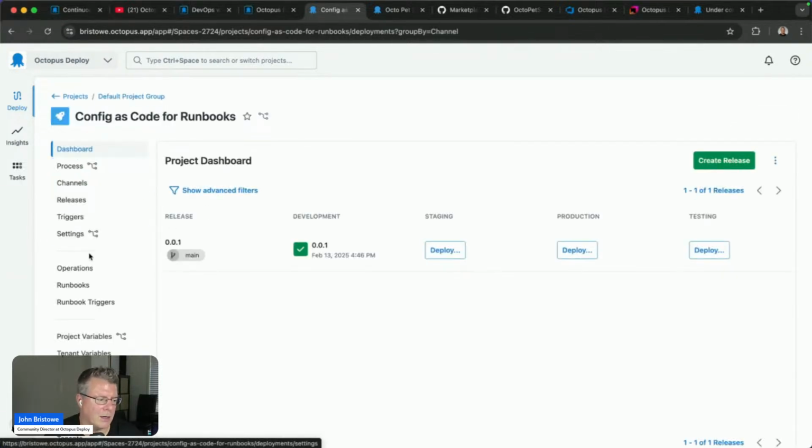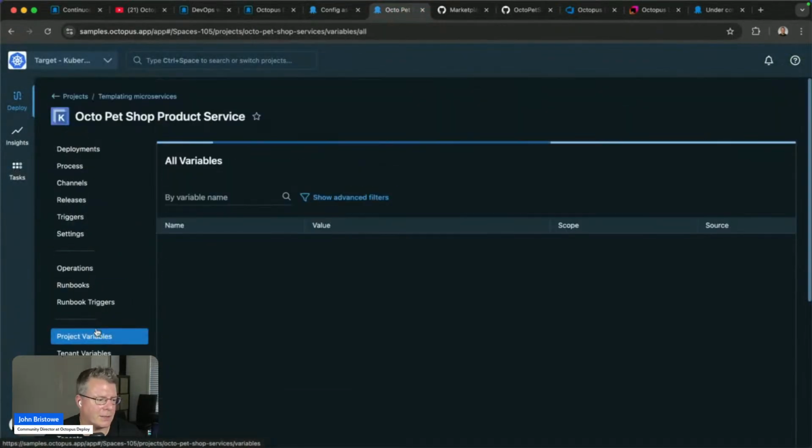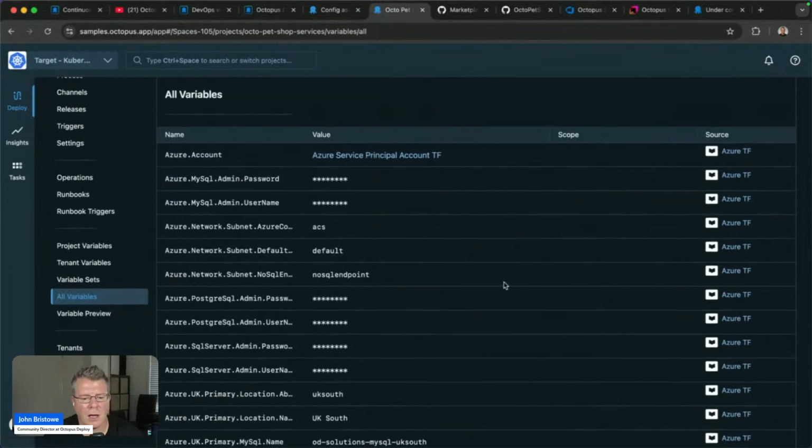For example, I might also define things like runbooks. Another thing that I may want to do is define a set of variables. Variables are things that can change depending upon the environment upon which I'm running. Taking a look at a different example here, say some examples, this is an example of defining a bunch of variables. And this gives you a lot of power and flexibility in terms of defining your deployment pipelines and your deployment processes, because these are values that I can simply look up and utilize within the context of my deployment processes.